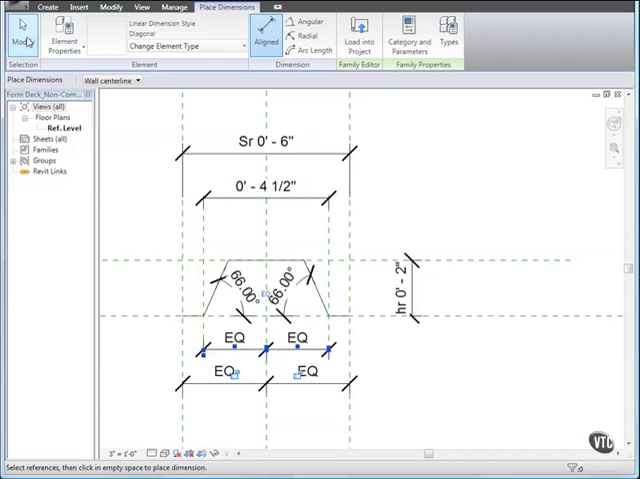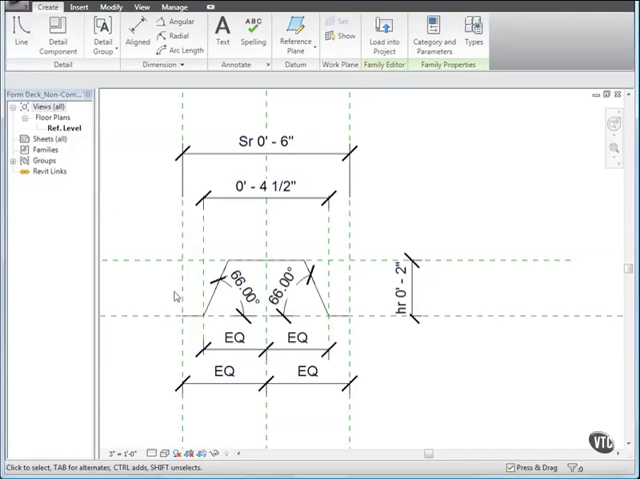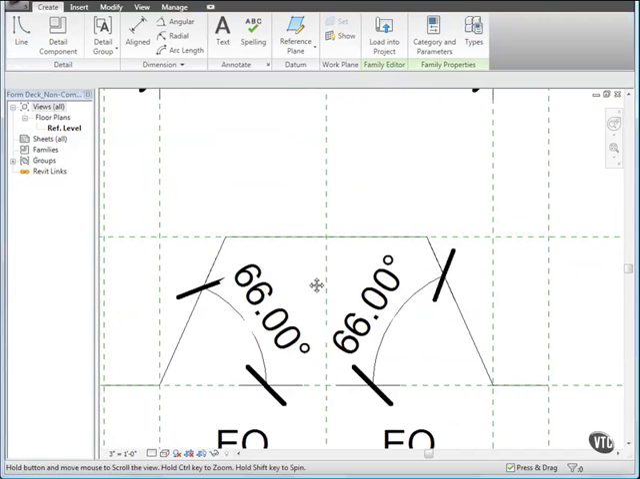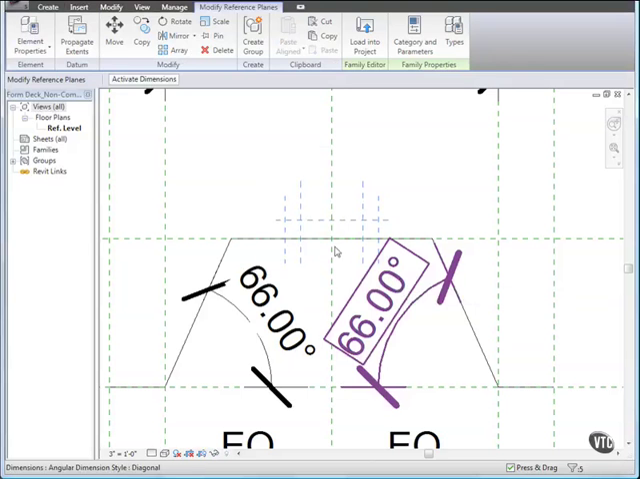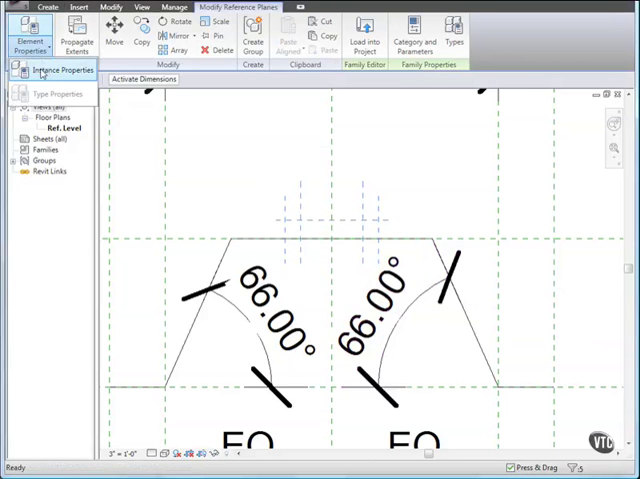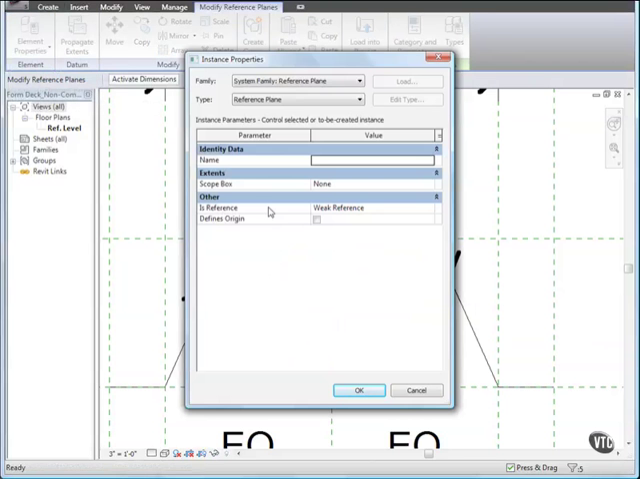Next, let's add reference planes for the dovetail shape. Zoom in around the top of the profile, and from the Datum panel, click Reference Plane. Draw 1 horizontal and 4 vertical reference planes as shown. Then, after clearing the selection, select the 5 new reference planes and go to Instance Properties and change the isReference parameter to Not a Reference,